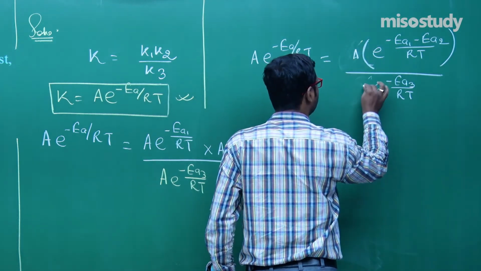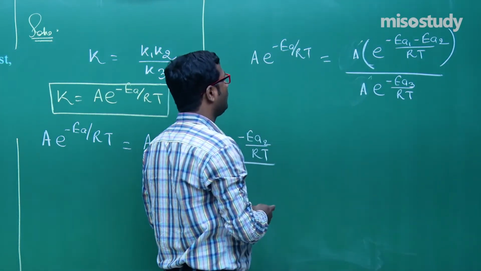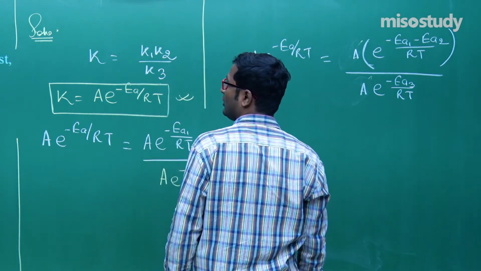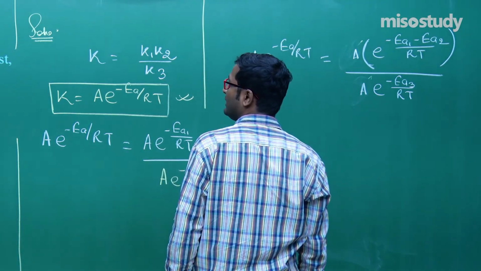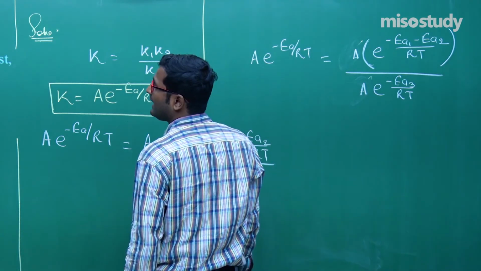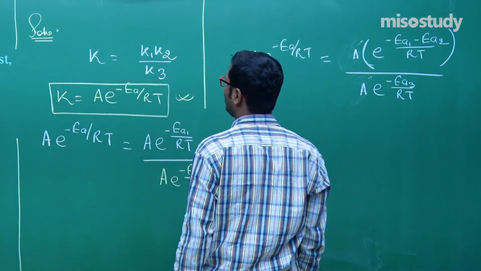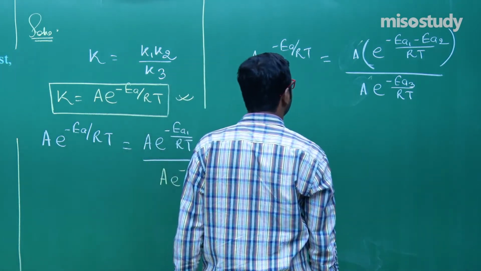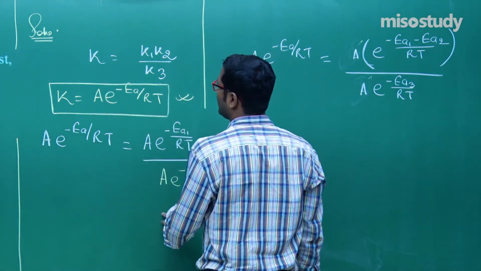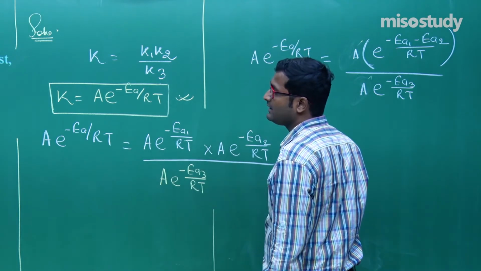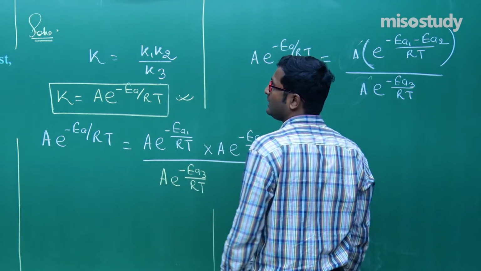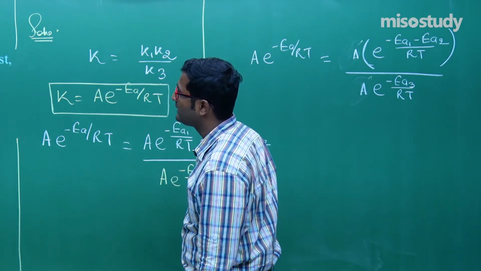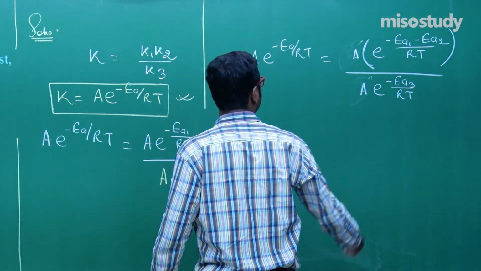A also here, now A also here. Now move here, what will happen? Given the overall energy of activation value for the first, second and third reaction. Okay, is it okay? A e^(-Ea/RT), A e^(-Ea/RT), okay, then upon K3, that is A e^(-Ea/RT). Overall rate constant K, and the rate constant if the energy of activation values were for first, second and third.